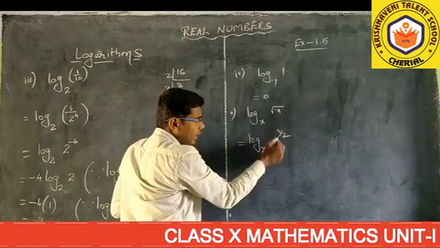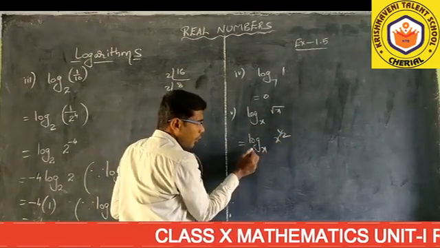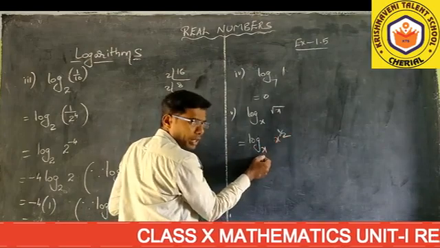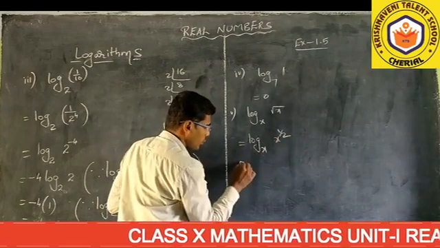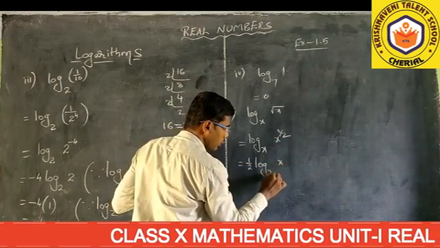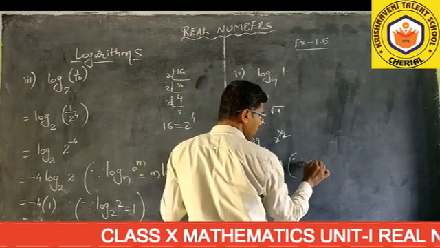Now here, root x I can write as x to the power of 1 by 2. Afterwards we observe which law you can use: log a to the power of m to the base n. So m log, which equals 1 by 2 log x to the base x. Which law is that?